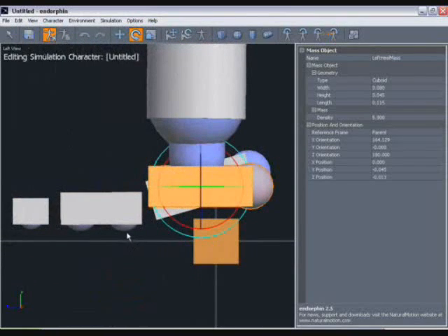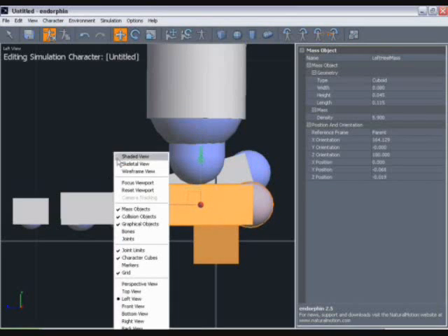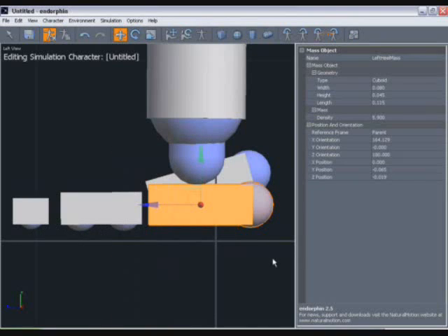Now as you can see, these collision objects are actually off the ground now because the reference character's foot was higher up, so that means that he's actually going to not be on the ground when he first starts the simulation. So we want to fix that up a little bit as well. First of all, move these down so they're in line, and then to make it easier to select these collision objects, turn off the character cube,